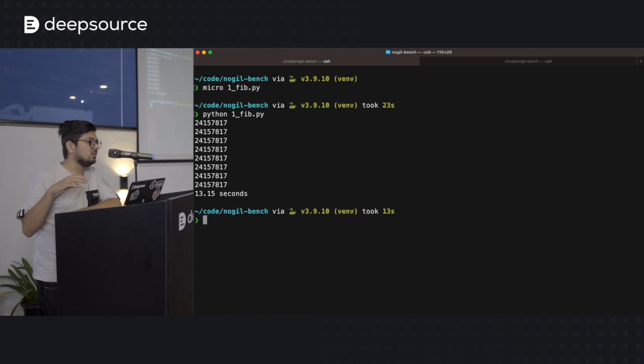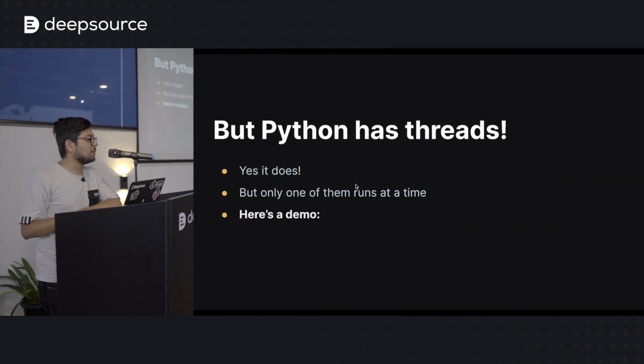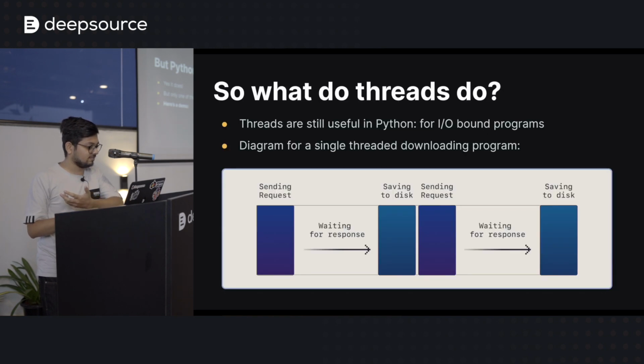The problem is Python makes sure that only one of them can actually do the calculations at a time. So even though the workload has been spread between these 8 separate threads, it's kind of just a hodgepodge way of doing single threaded calculation. Yeah, so Python has threads, but it doesn't have parallelism. It cannot do work in parallel with those threads.